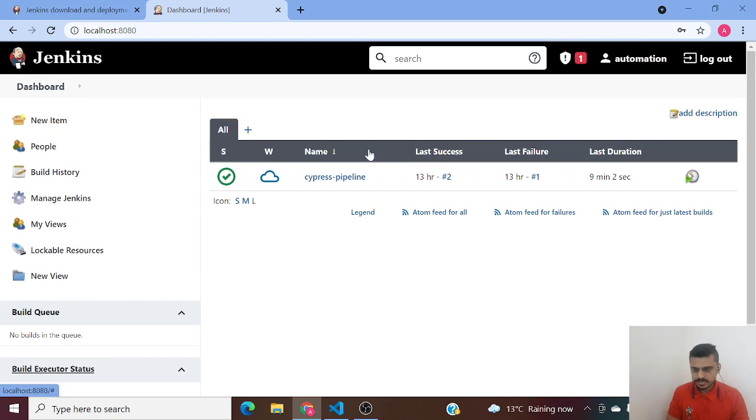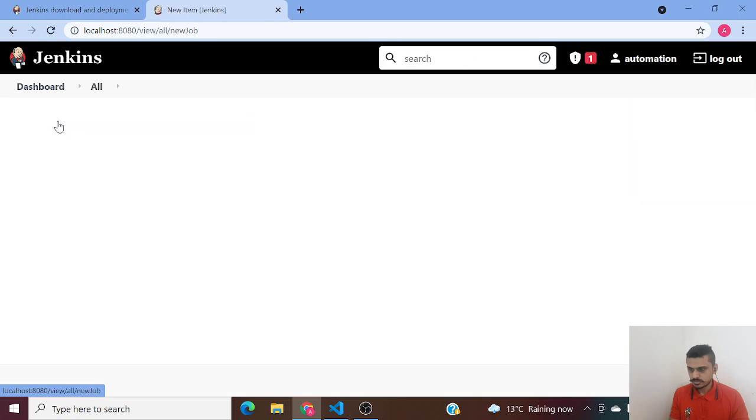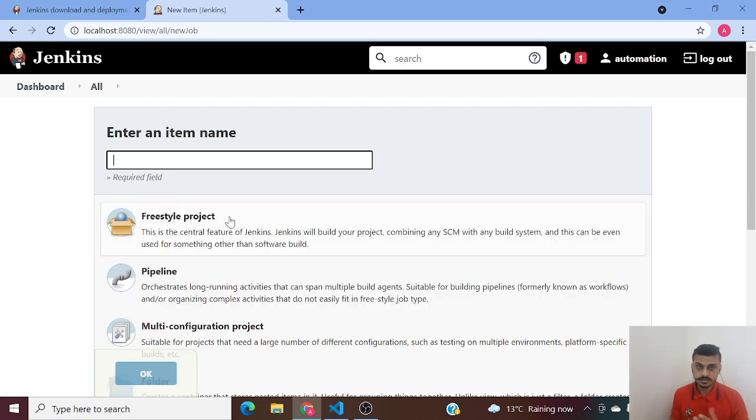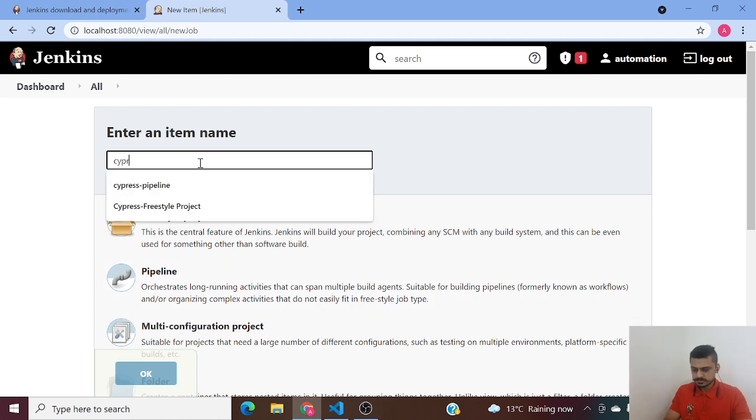I already have built a pipeline, but let me build a new one. What you need to do is, first of all, be on the dashboard, click on New Item, right? So you can click on create a new job. From there, you have to select a pipeline. So let's say I would just do Cypress pipeline 1.